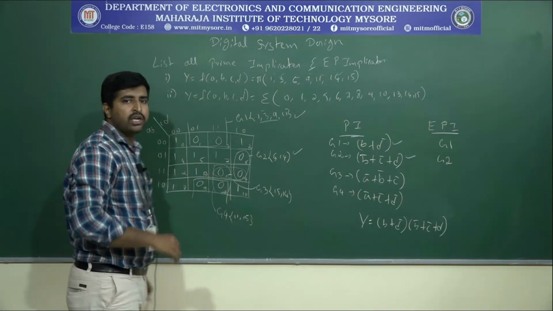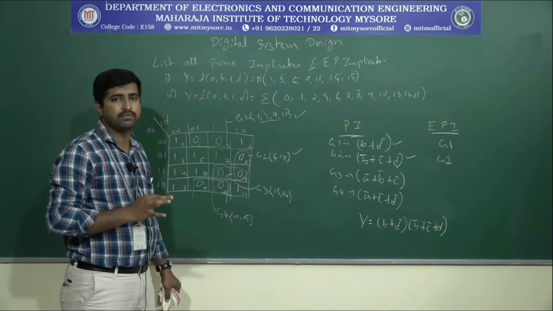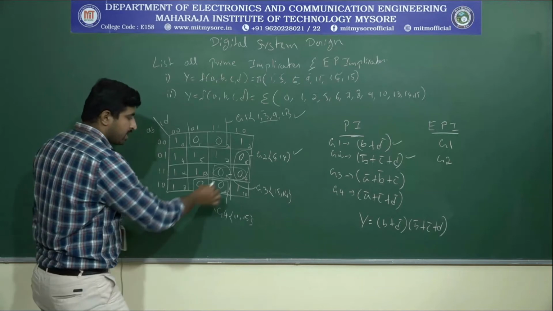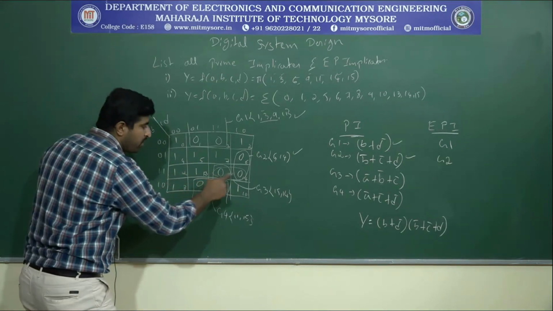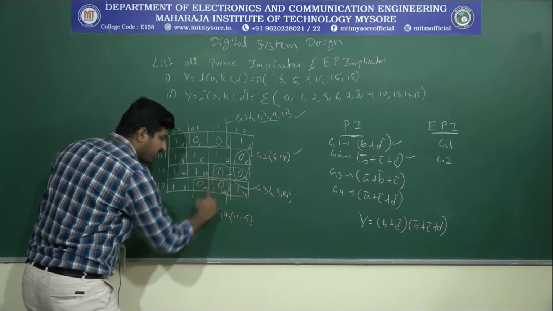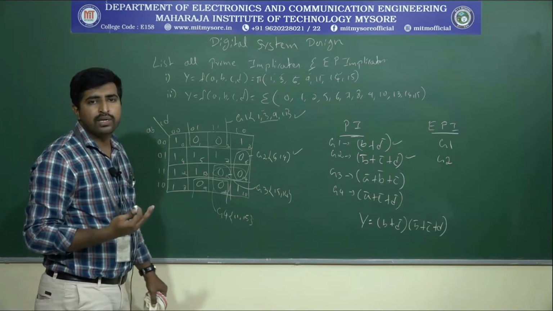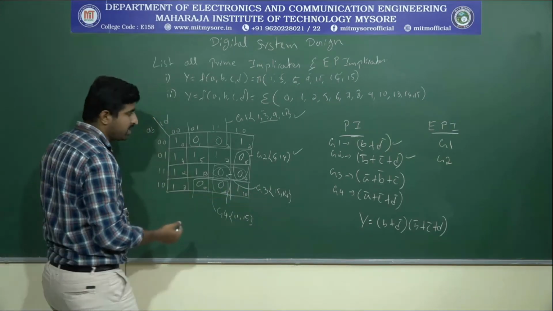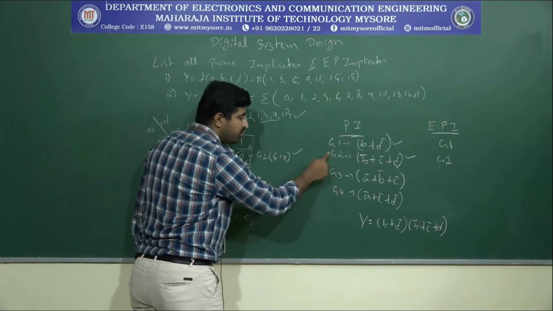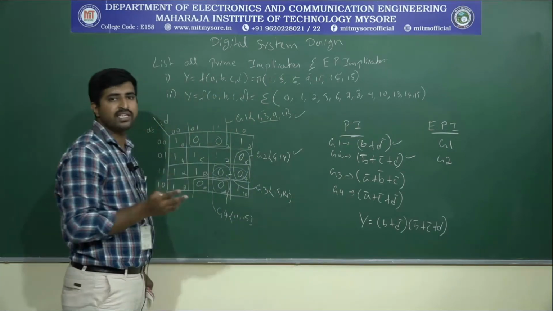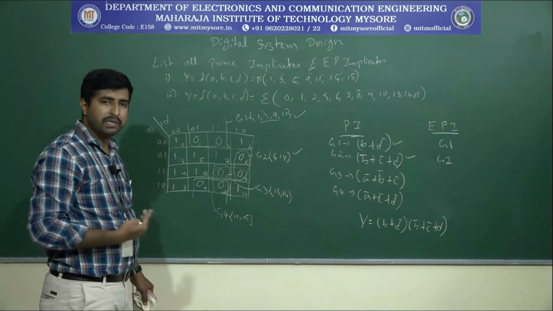But we know that when you write the simplified expression, all the min terms or all the max terms should be included. So, here the max term 15 has been left out, but we need to include it. So to include it, we can use group 3 or we can use group 4. That means two resultant expressions will be there, by including G1, G2, and G3, or G1, G2, and G4. Okay, as we saw in the last class, multiple results may be possible. So here also multiple results are there.